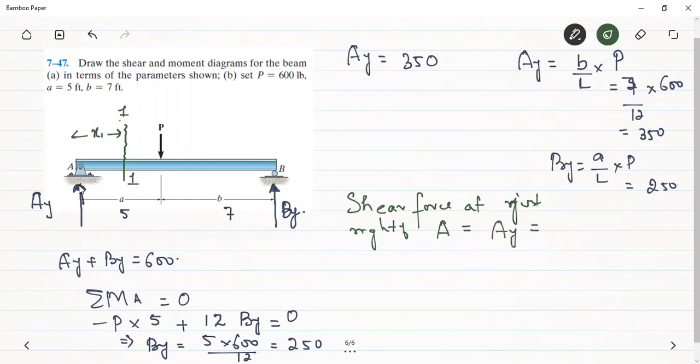The shear force just right of A will be equal to AY, isn't it? Only this is the load acting. In which direction is it acting? Upwards. Is the section's left side or right side? It is from the left hand side of the section and it is upwards, then that is taken to be positive. Therefore, this AY is equal to 350. That is the shear force just right of A. Will this shear force remain constant up to this point? Let me take this point to be C. Shear force will remain constant. Now let us see the bending moment at this section, at section 1-1.